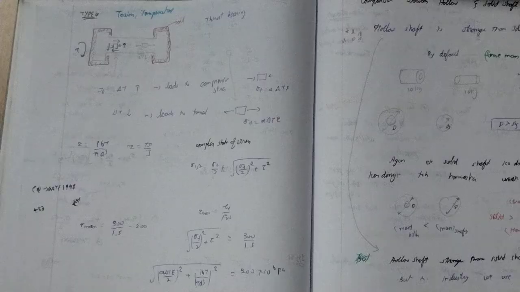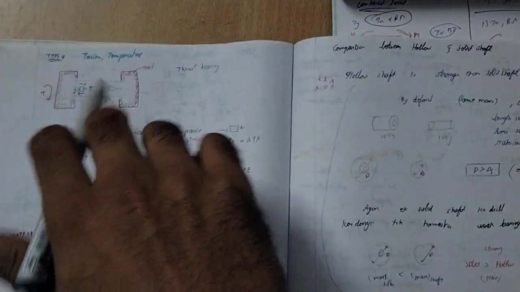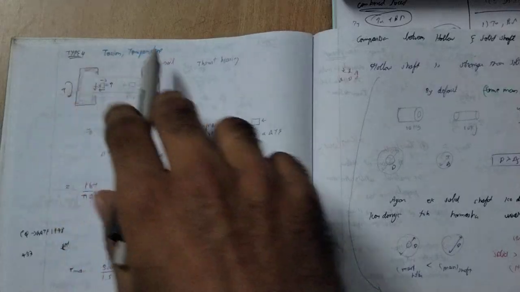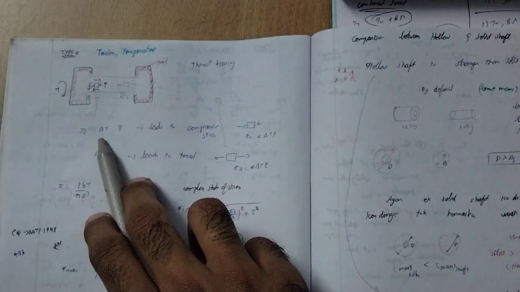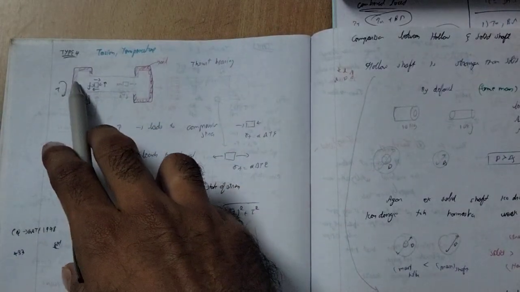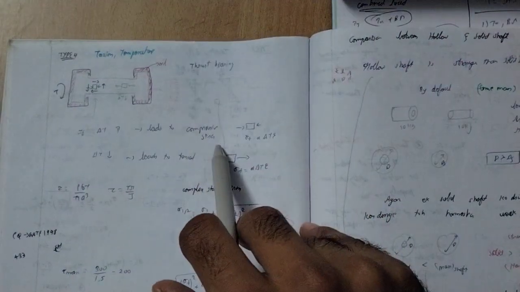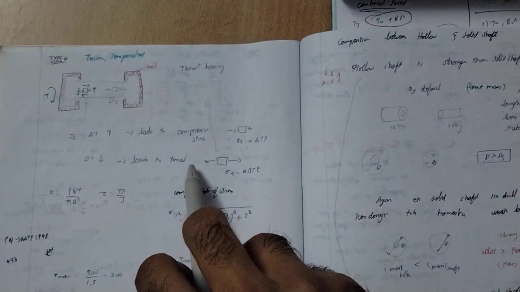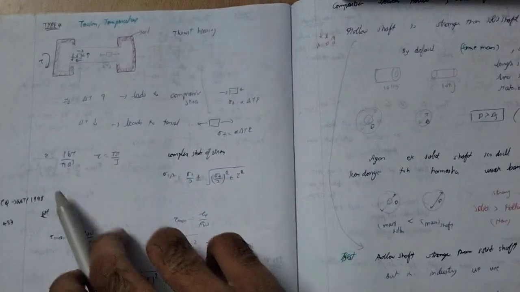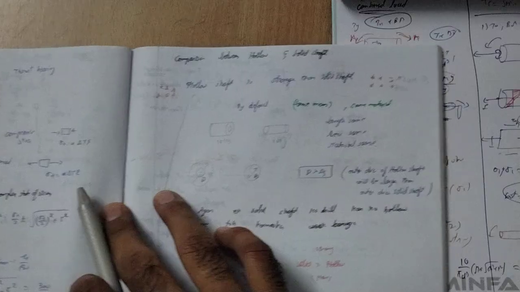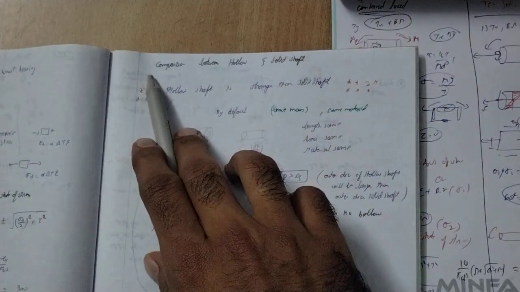so not a bigger thing guys, not a bigger comparison. So I think I can understand. So you can see this is torsion and this is temperature. Okay, so this entire thing is when the speed is increased. So you can see whenever the temperature increases, this leads to compression, because when the temperature in the shaft increases, it expands, so it leads to compression stress. Okay, whenever the temperature decreases, it leads to tension stress. Okay, so this is the entire thing. Okay, not a bigger case scenario, but I also understood. Okay, so next one is a